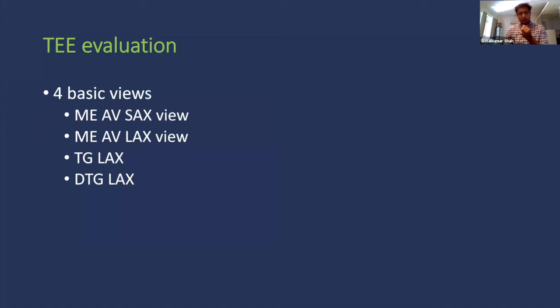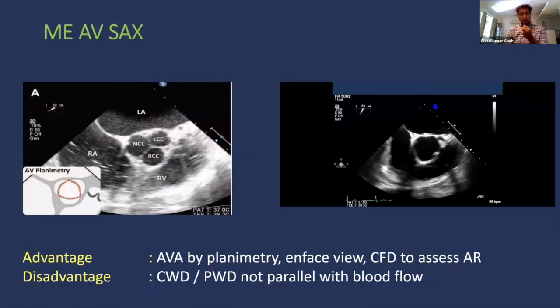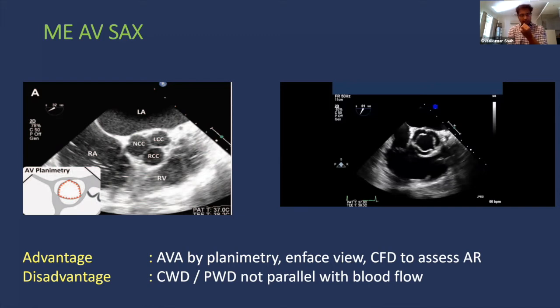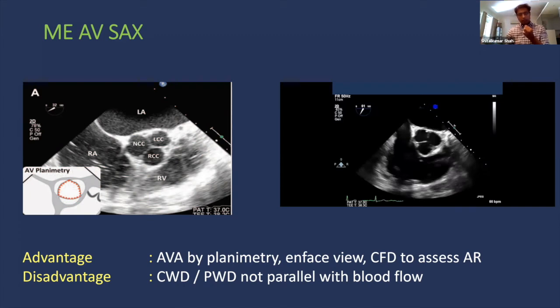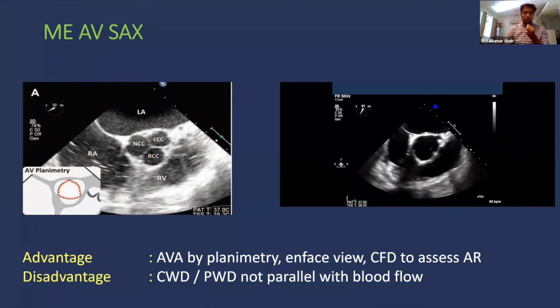TEE evaluation: there are four main views for aortic valve evaluation: the mid-esophageal aortic valve short axis and long axis views, and the transgastric and deep transgastric long axis views. We start with the mid-esophageal aortic valve short axis view, obtained at the mid-esophageal level by rotating the multiplane angle to around 30 to 65 degrees. And you see the three leaflets, a tricuspid aortic valve. The cusp that is nearest to the interatrial septum is the non-coronary cusp. The one most distal, towards the right ventricle, is the right coronary cusp,